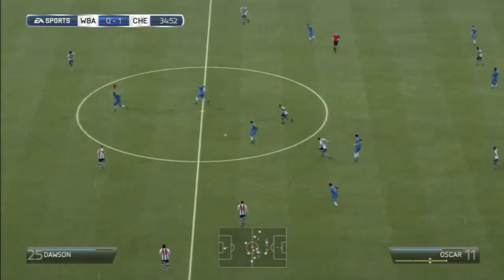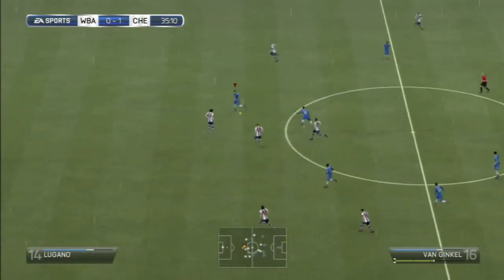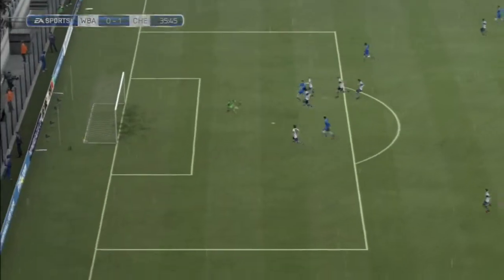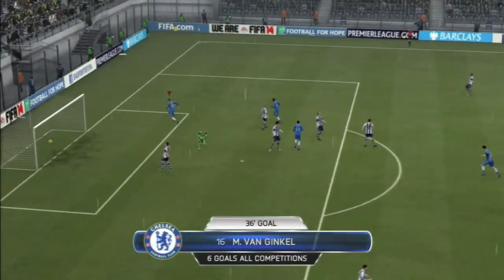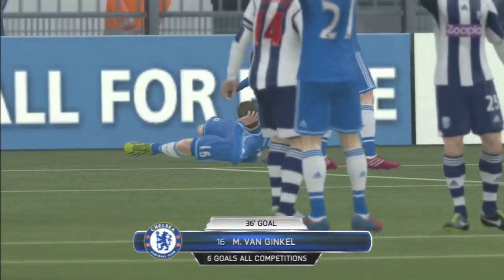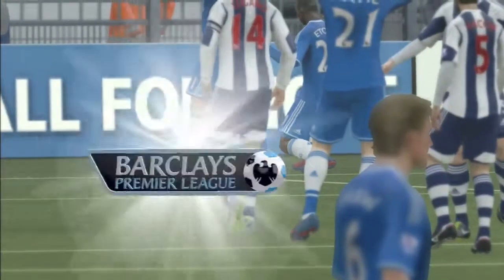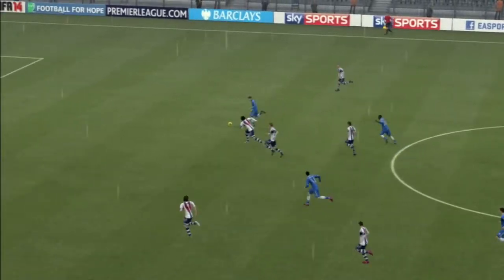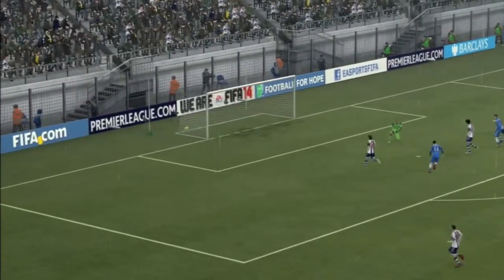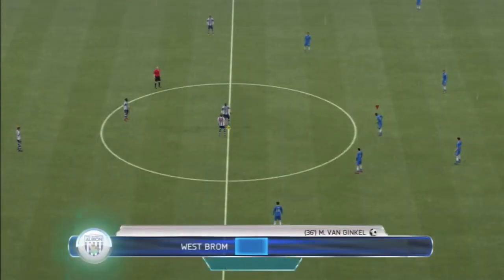35 minutes up, Oscar again tackles the ball, finds Eto'o. Eto'o puts Van Ginkel in, and Van Ginkel one-on-one, finishes it straight past the keeper. And that is 36 minutes gone. Van Ginkel, that's his 6th goal of all competitions in just there. Van Ginkel is a solid player this season, really performing well, really showing us why he should be a first